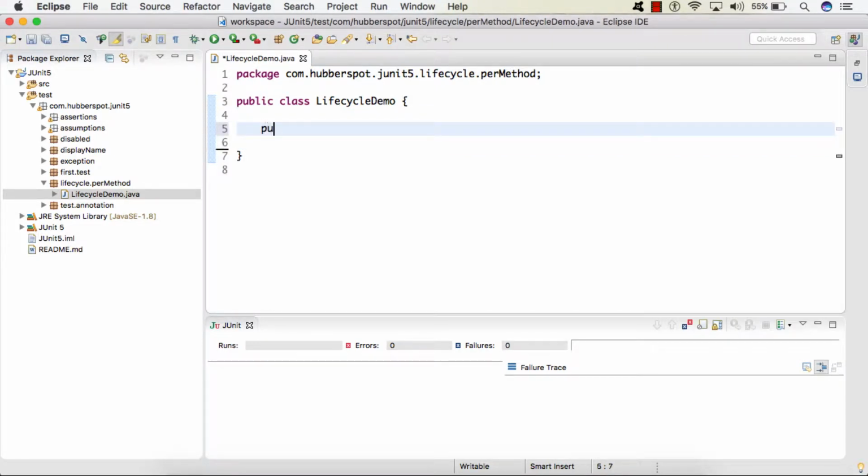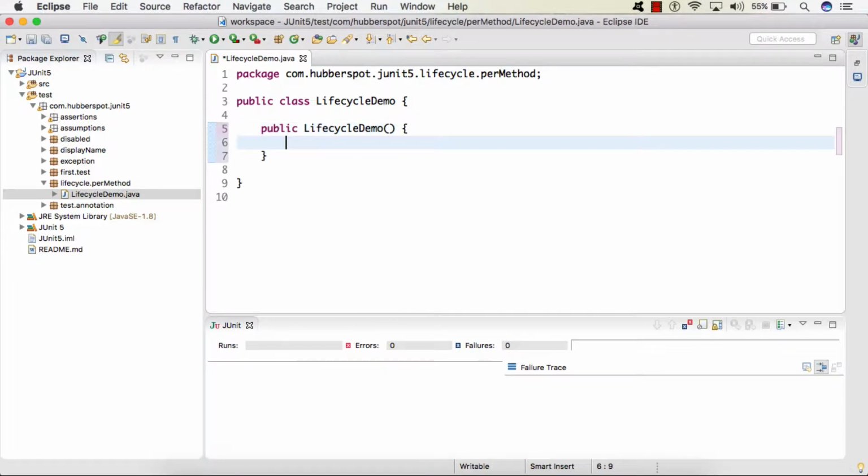let's say first I create a constructor. Because the constructor is also a part of the test class lifecycle, inside this constructor we'll simply provide a sysout with the string "constructor got executed".